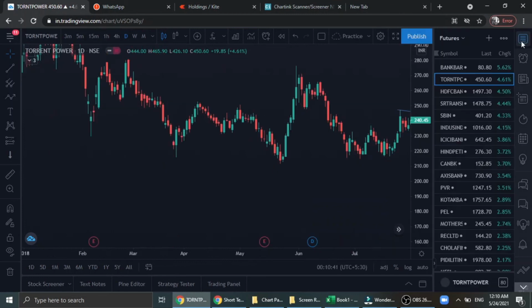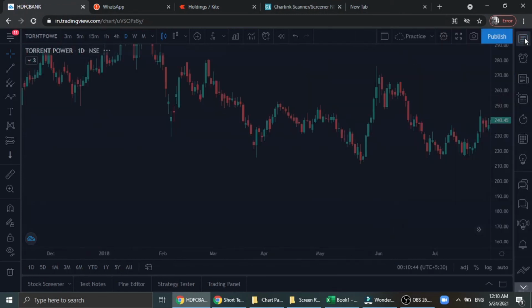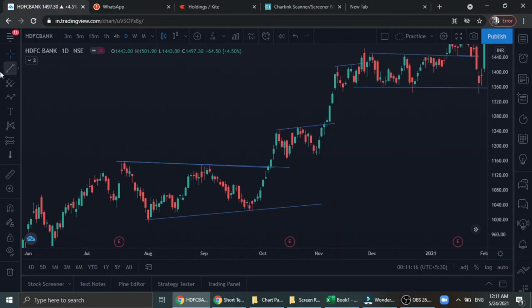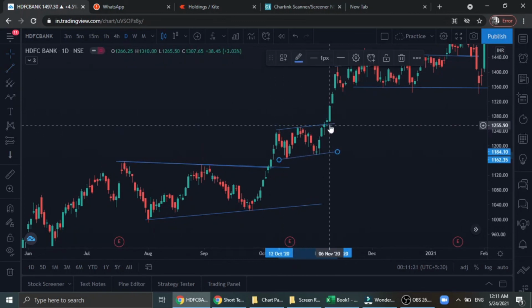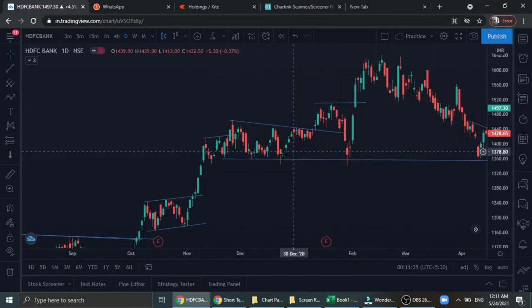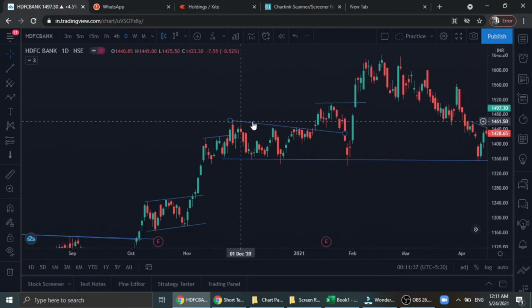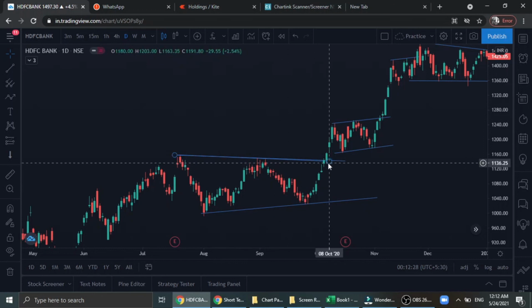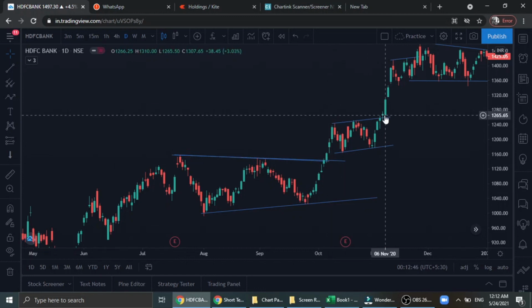Let's look at another example, HDFC Bank. If you clearly see here, this is a very good pattern and then it took an aggressive breakout. And if you observe here one more time, it took one more breakout here and then gone upside. And one more time here, it took breakout and then gone up. The conclusion is, if the chart pattern is very clear like this and then takes breakout like this, then blindly we can place the position. How beautifully they took breakout, you can see.